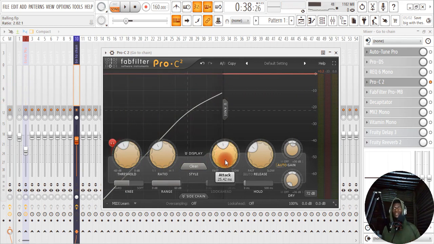And then we have our attack. We have a slow and a fast attack. You use a fast attack when you're dealing with sharp sounds like hi-hat, kick, sounds that we call one shot. Right now we need something fast, something slow. So I'm going to have an attack of around